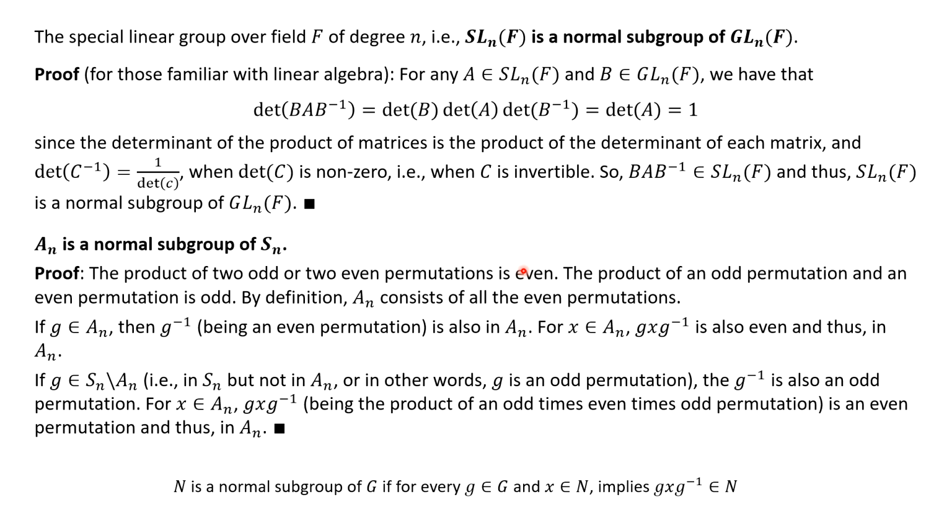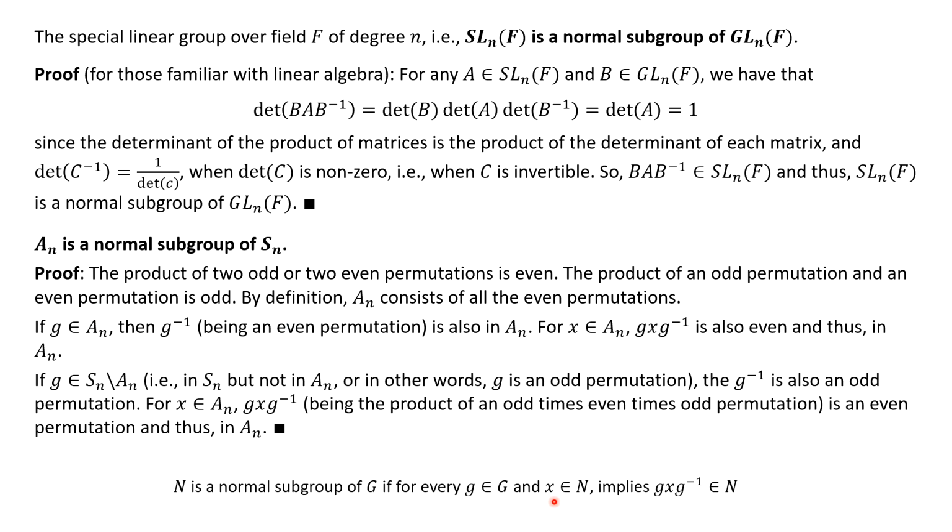And then when you, for example, multiply two odd permutations together, the number of transpositions is going to be even. And the same thing when you multiply two even permutations, the number of transpositions is even. However, if you take the product of an odd permutation with an even one, then when you add up the transpositions, you're going to get an odd number of transpositions. So the product in that case is an odd permutation. So keeping that in mind,